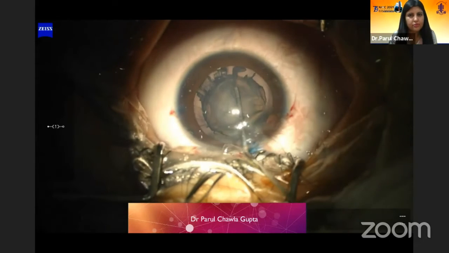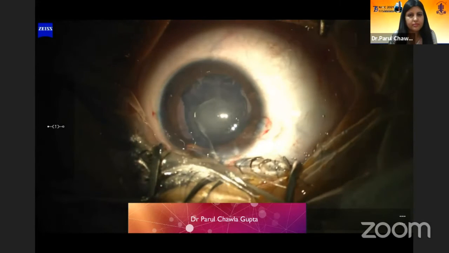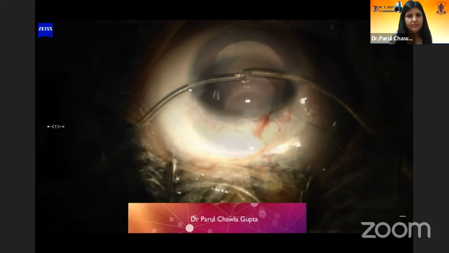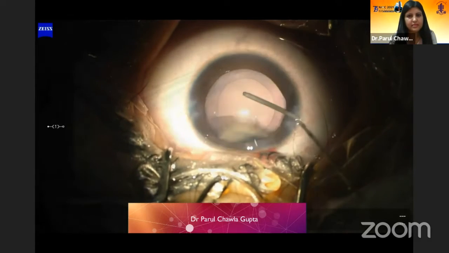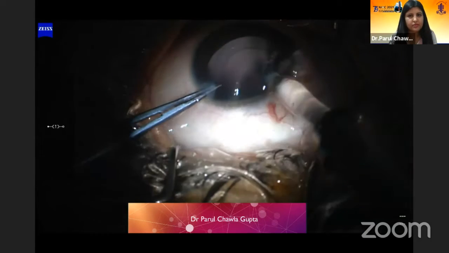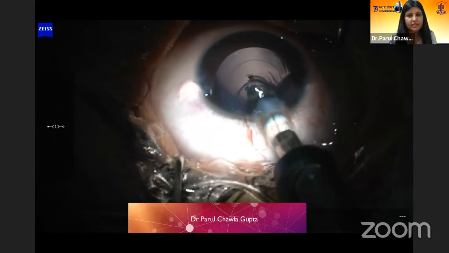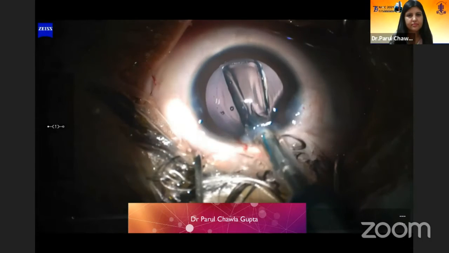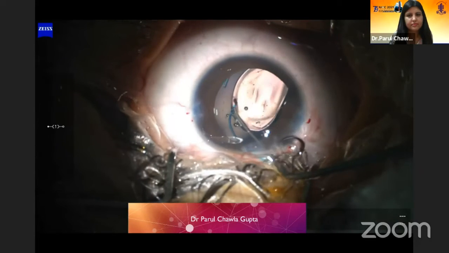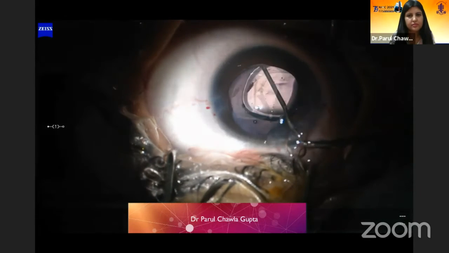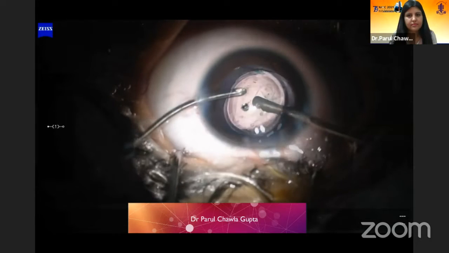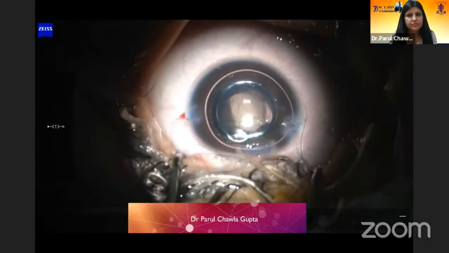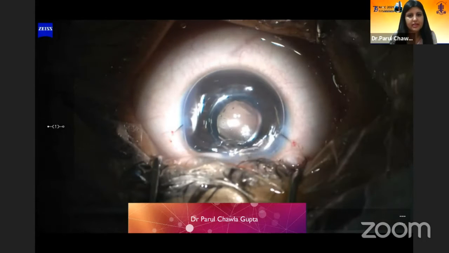Then we do the hydro procedures. Preferably cortical cleaving hydrodissection is preferred. After the lens matter is aspirated, we inject the bag with viscoelastic and insert the IOL. The IOL is dialed into position and the viscoelastic is aspirated. An air bubble is left at the end along with sutures.